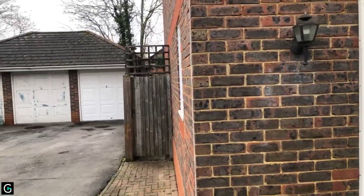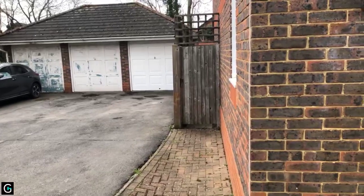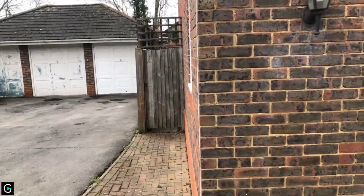So what I'm doing here, just to the side of the property, you have driveway parking for 2 cars parked in tandem, and you also get the